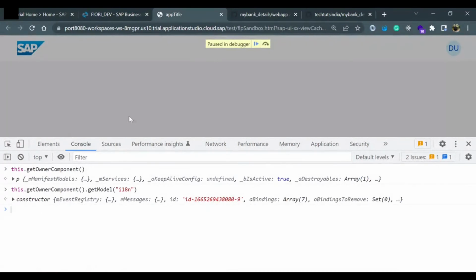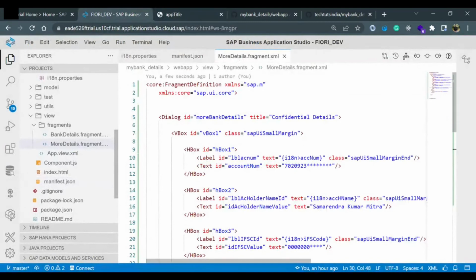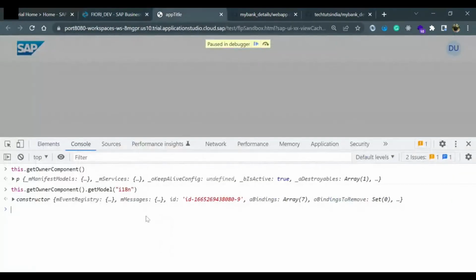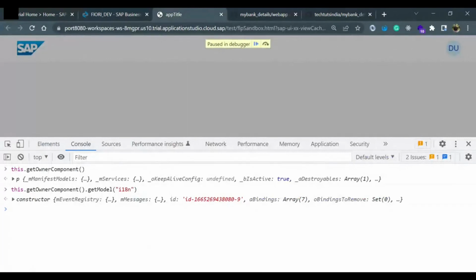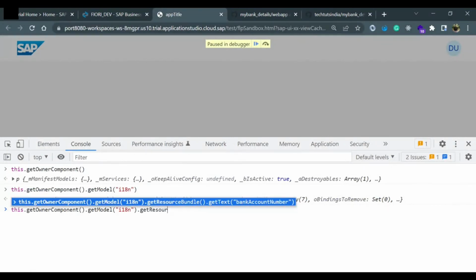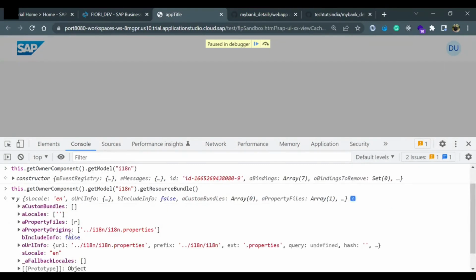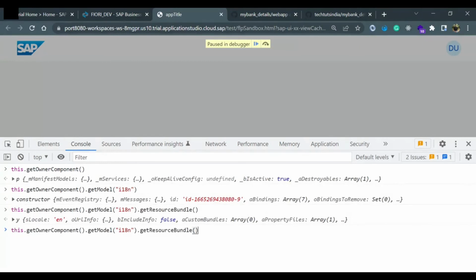And if I want to get any property text, let me show you in more detail. This account number is a property in i18n, but I can actually fetch the actual text associated with it using this model. Let me show you how to do that. This.getOwnerComponent().getModel().getResourceBundle(). The resource bundle is the actual file which is carrying all the text. So this is a resource bundle. If I use a predefined method on the resource bundle, getText,